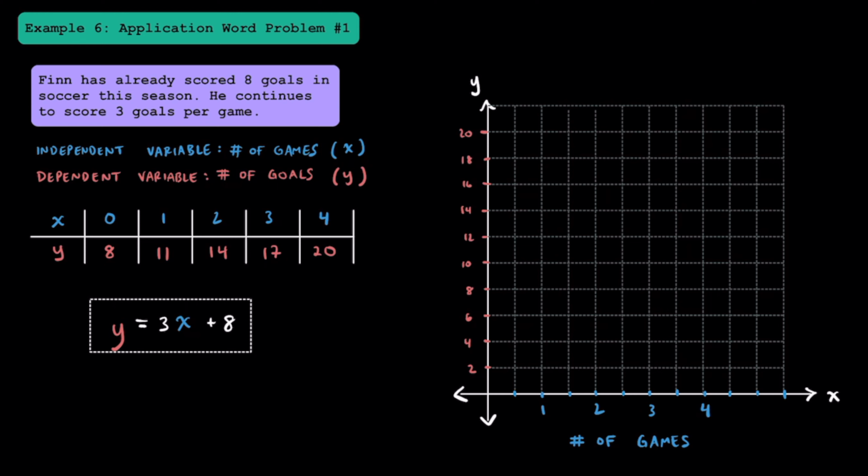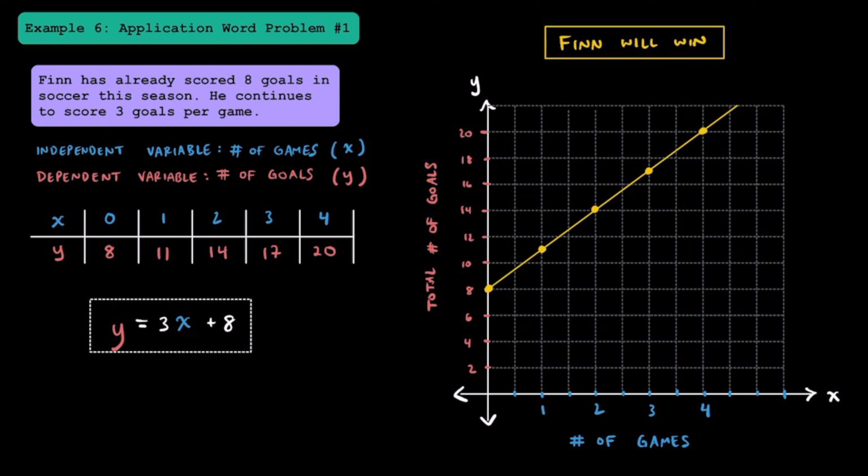Then be sure to label your x-axis as the number of games. In general, it's important to have a title for your graph, so you can have fun and make something up for that. And finally, let's start plotting some points. And once you're done plotting your points, connect them with a straight line and put some arrows on it, and